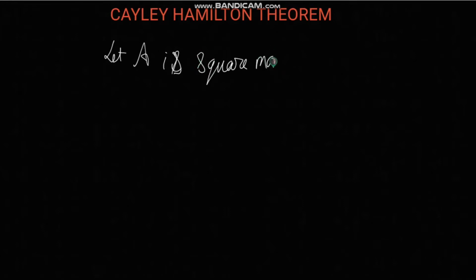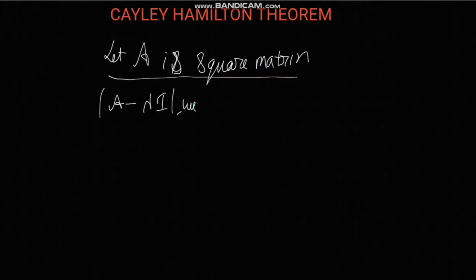We are going to discuss the Cayley-Hamilton theorem. Suppose A is a square matrix, because in this we will try to understand how to use the Cayley-Hamilton theorem for problems of JEE Mains and Advanced. Let's suppose A is a square matrix, and we have to form a characteristic equation, because only when we are able to form a characteristic equation can we apply the Cayley-Hamilton statement, that becomes a theorem.